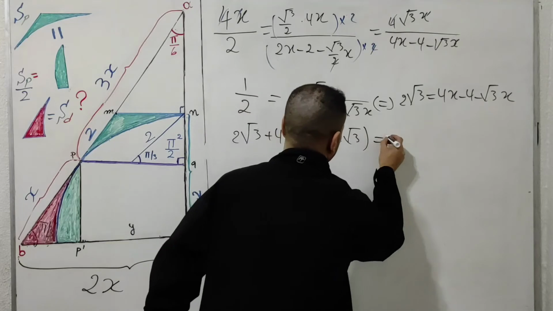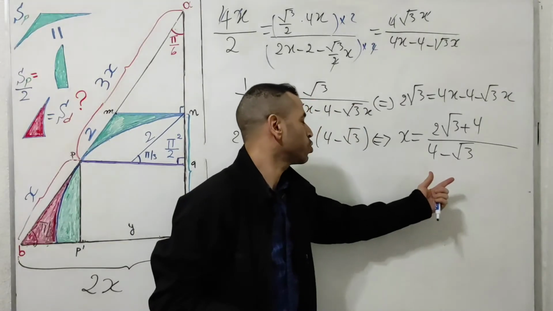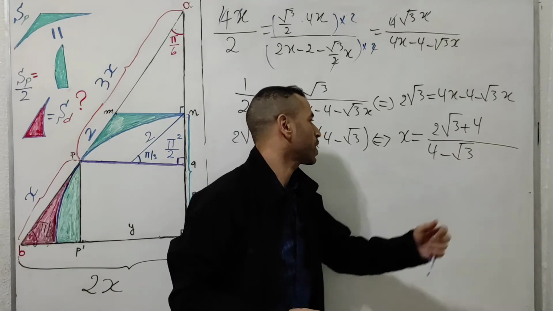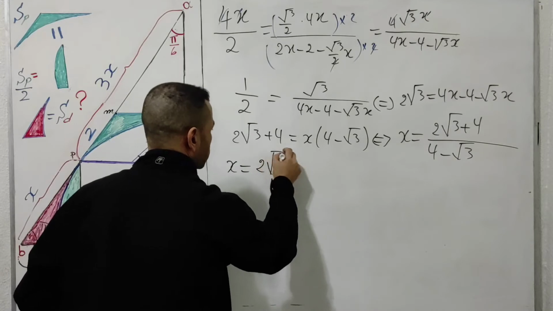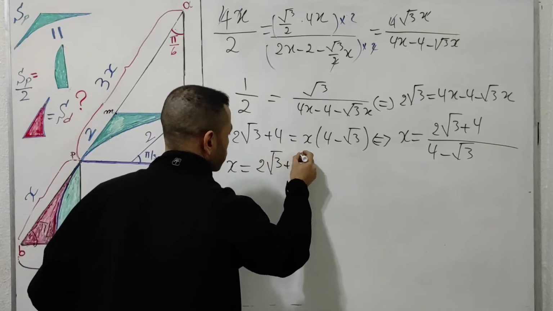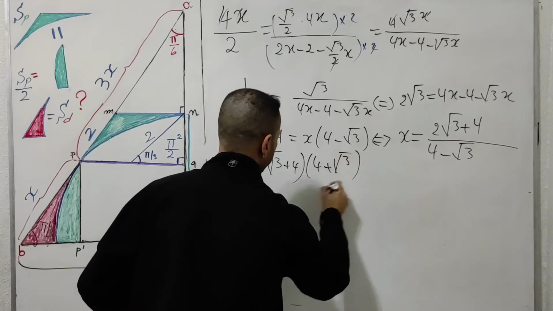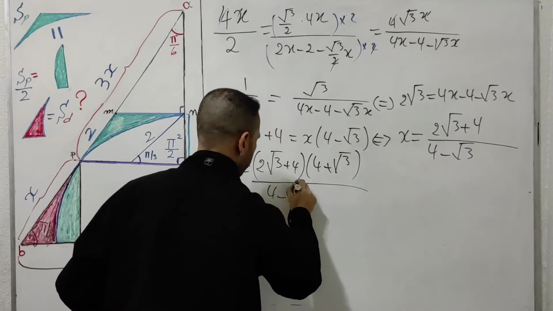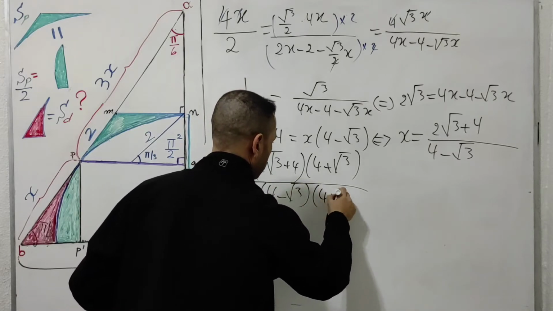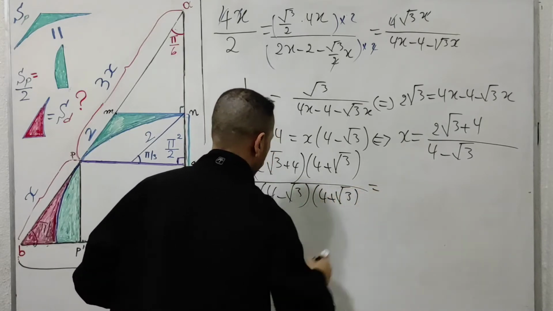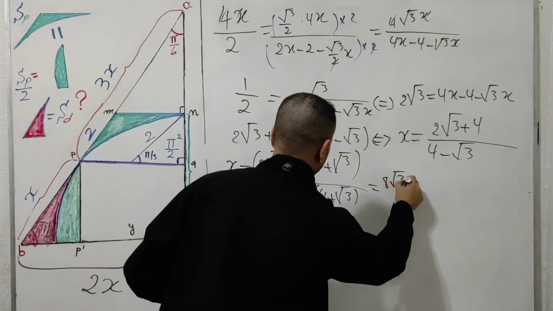Okay, it's equivalent. I'm going to divide both sides by 4 minus square root of 3. I'm going to rationalize this one by multiplying by the conjugate. I will get x equal to (2 multiplied by 3 plus 4) multiplied by (4 plus square root of 3), divided by (4 minus square root of 3) multiplied by (4 plus square root of 3). Okay, this one is giving us 8 square root of 3